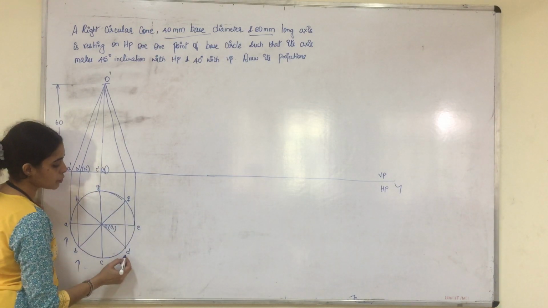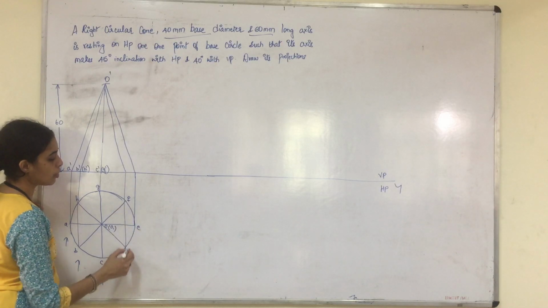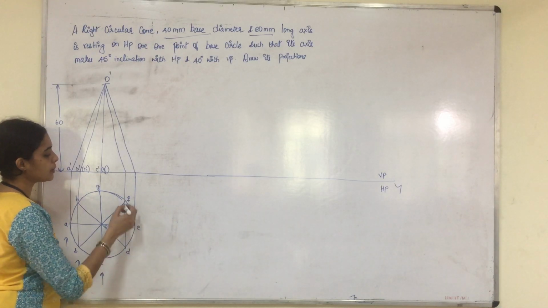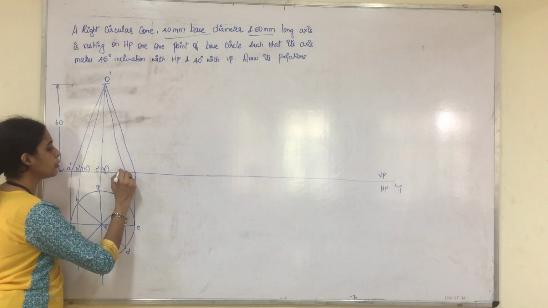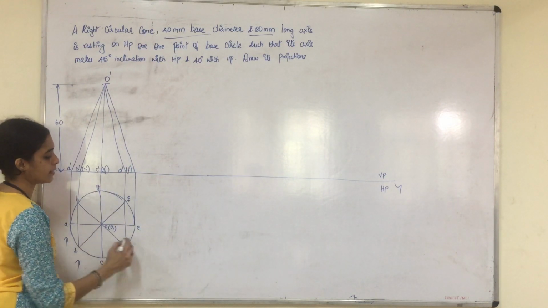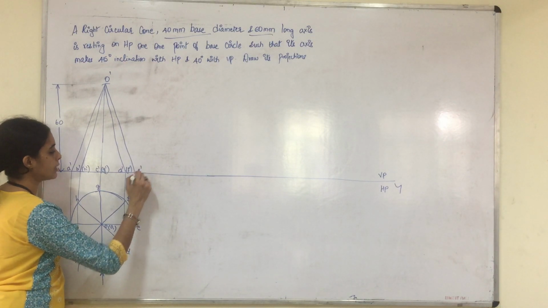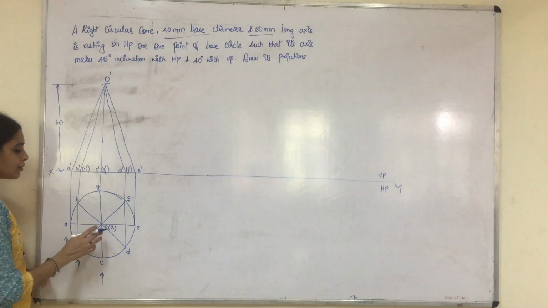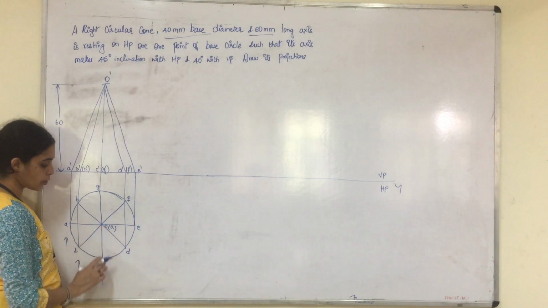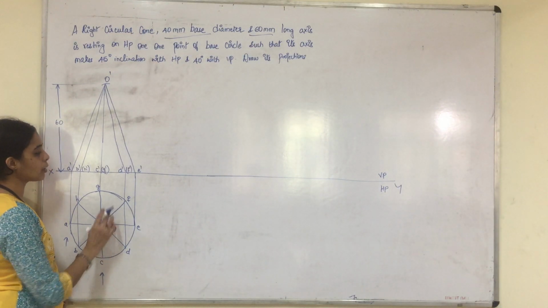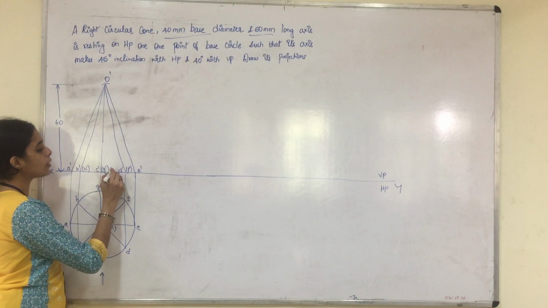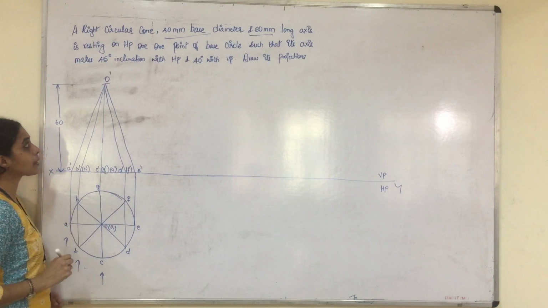So you will write C dash outside the bracket and G dash within the bracket. And again when the observer views from here, D and F will be along the same line. D will be visible and F won't be visible. So you will write D dash outside and F dash within the bracket. Similarly, when the observer views from here, E will be visible, so you will write it as E dash. Apart from that, we have the center O1. When you view from here, O1 will not be visible, so you will write O1 dash within the bracket.